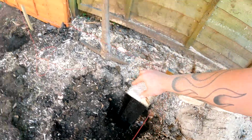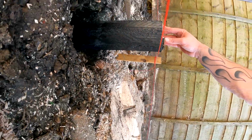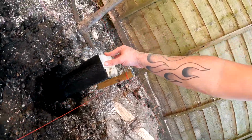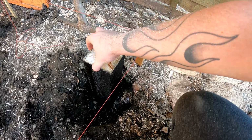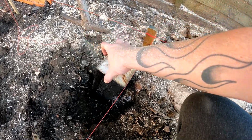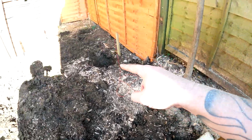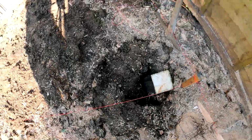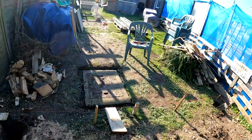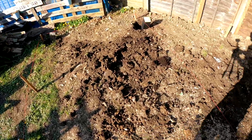I'm cutting them so they're just slightly above the string, so I don't know if you can see. That way I can trim them down when I need to. I'll paint the tops. So I'm just cutting the ends off all the posts at the moment. So I'll have my 8 posts set in. 1, 2, 3, 4 to go, and then I can get them all set in concrete and then paint the ends of those bits that I'm cutting and then dig the other